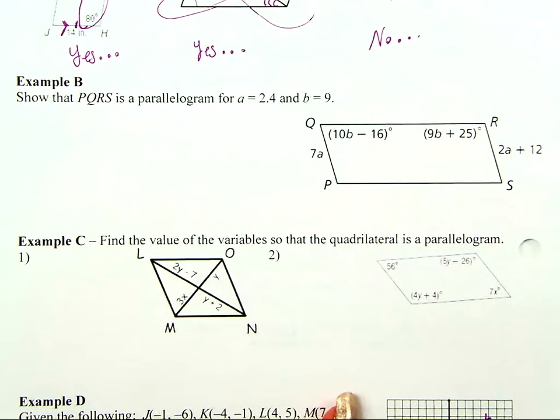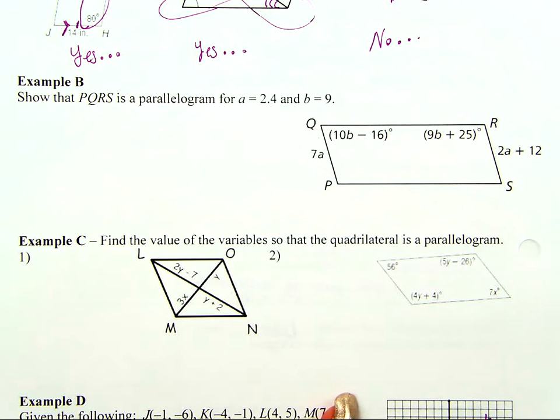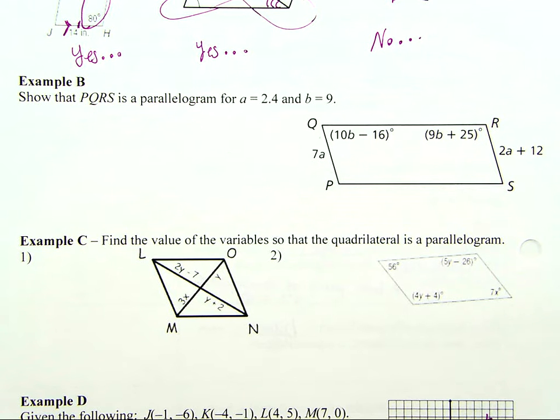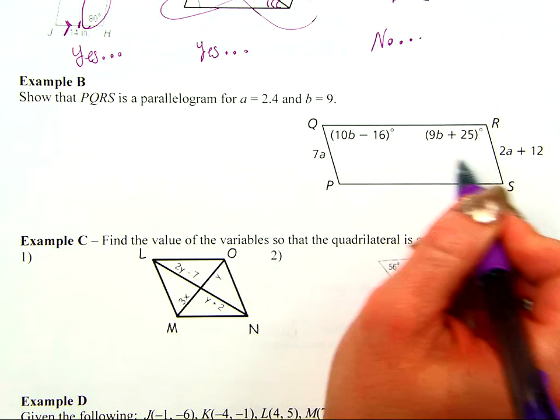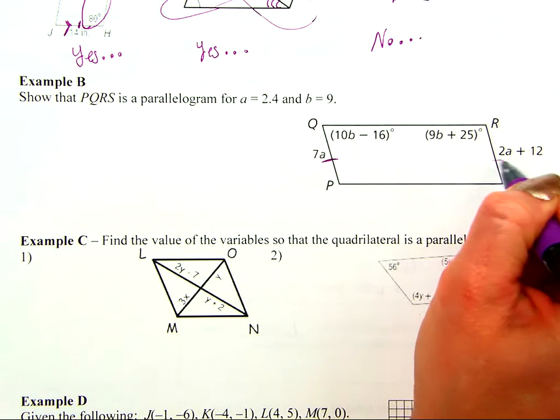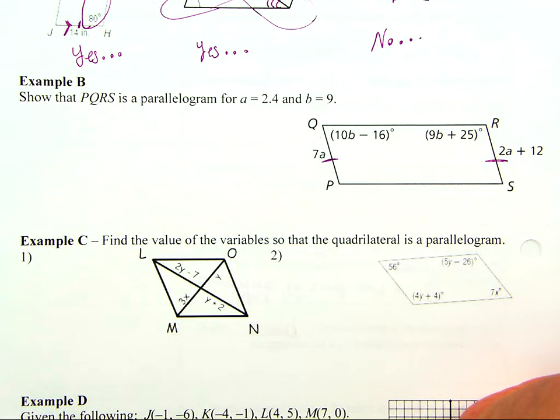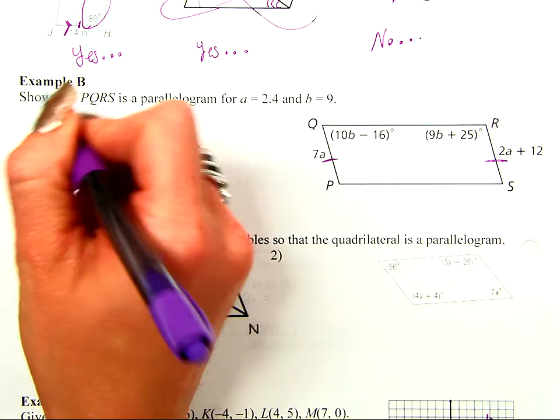Moving along to example letter B. It says that PQRS is a parallelogram, and I'd like you to show that for a value of A equaling 2.4 and B equal to 9. How do I show that? Well, when I look at my variable A, I see that it has to do with my side lengths. I know that my opposite sides should be congruent. So if I wanted to show parallelogram and A is 2.4, I'm going to go ahead and come over here and say, well,